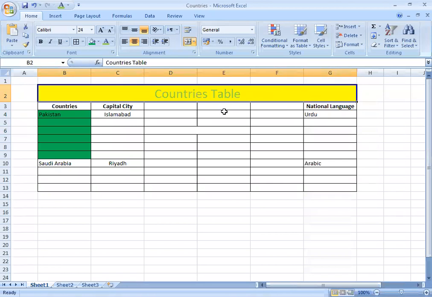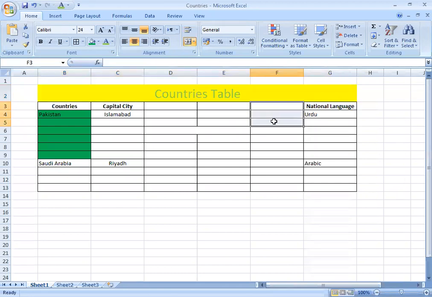Similarly, sometimes you want to merge the cells vertically. For example, if I want to merge the cells in the F column from F3 till F13, right? So what will we do? We will do the same. I have selected the cells. I will go to the home tab.